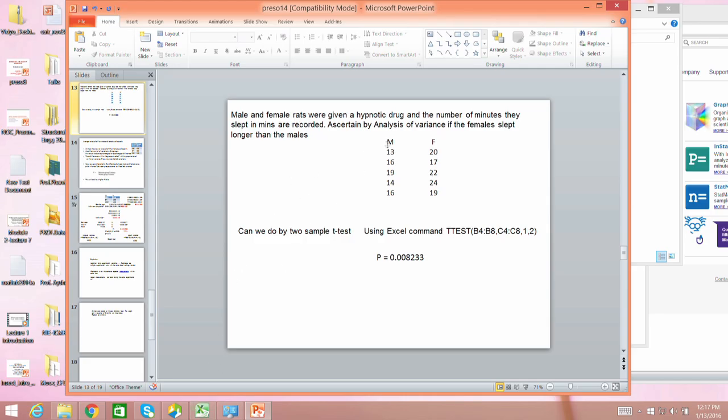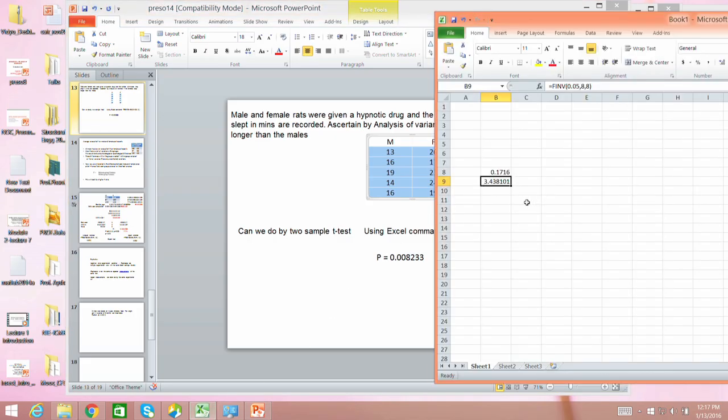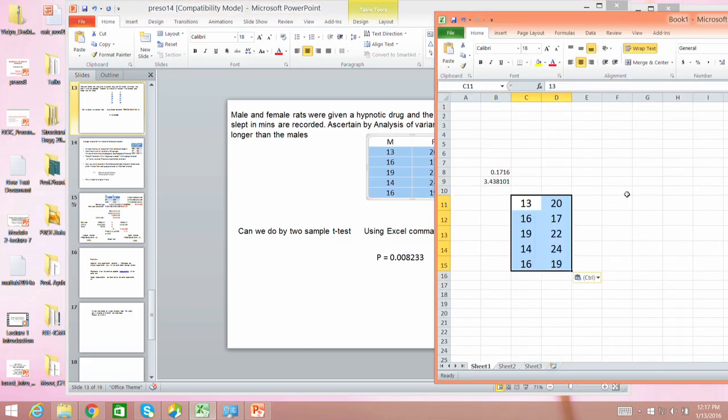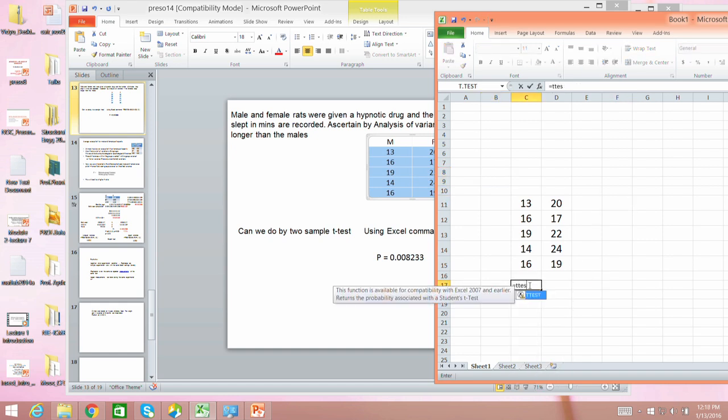Okay, so we use Excel, we can copy this, Control C, so we can do it here, okay. So we say TTEST